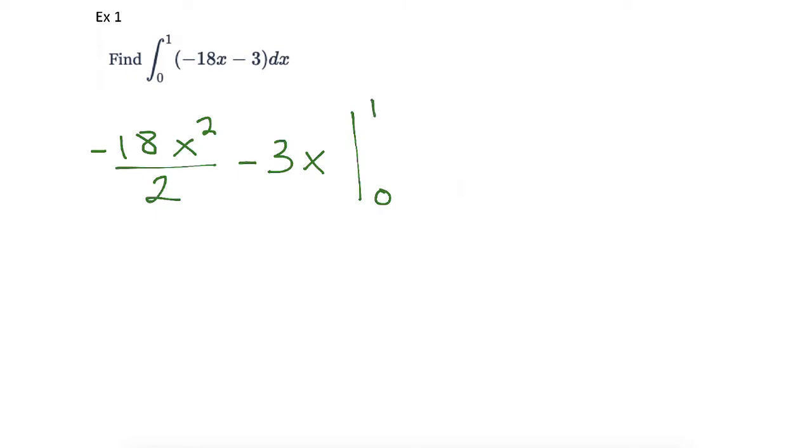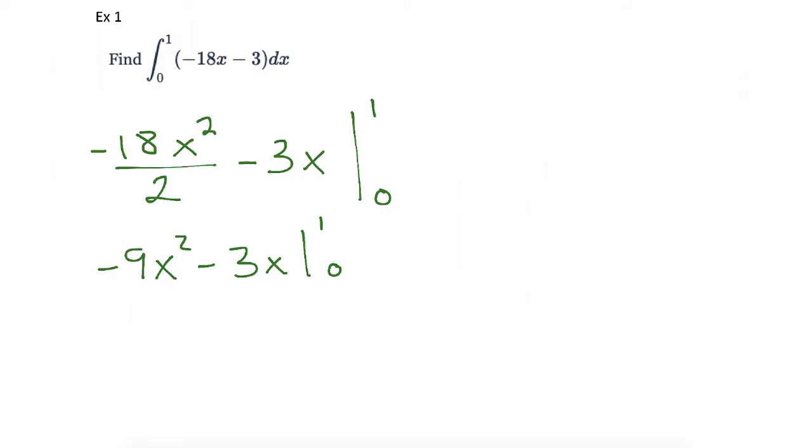Now notice we didn't put a plus c on this. Well, the reason we didn't put a plus c is we would end up adding that constant and then subtracting that constant after we plug in these bounds 0 and 1. So we really just don't need a c as long as you're dealing with a definite integral. So an integral that has those values a and b. So in the end, you got negative 9 x squared minus 3x, and we're going to evaluate it from 0